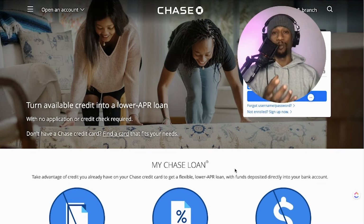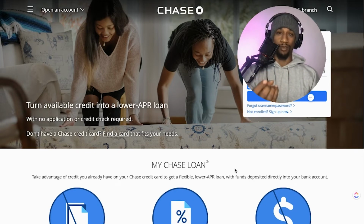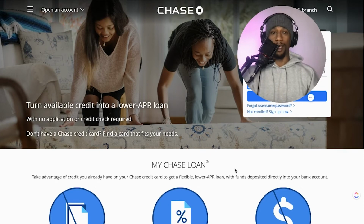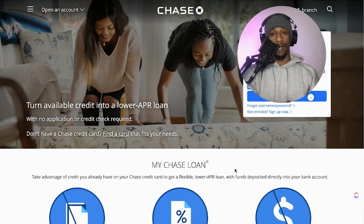But in a worst case scenario, this approach might be effective, because you get a lower APR on the interest than you would on any credit card that might have 20% or whatever on it. So if I've got a contract coming, a client, something big, and you've got money coming in on a certain date but don't have access to it right now, you could technically take out money from the Chase loan approach and apply it towards that other credit card, maybe Capital One or someone else,